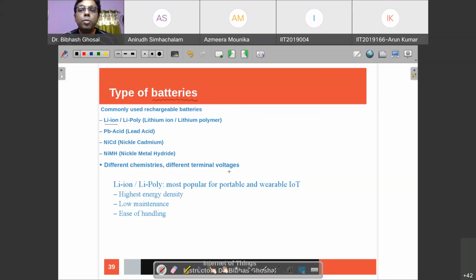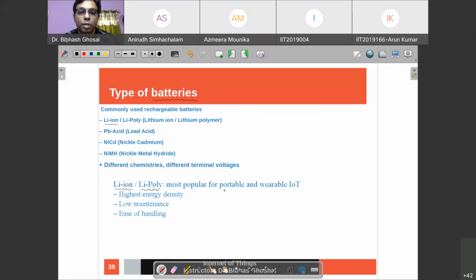What kind of battery are you going to use? What kind of power source? You cannot connect a main supply. So what kind of a battery would you prefer? So battery has also been a consideration when you talk about IoT. What kind of battery should we prefer? And the majority of the times it was found that lithium ion or lithium poly are the most popular